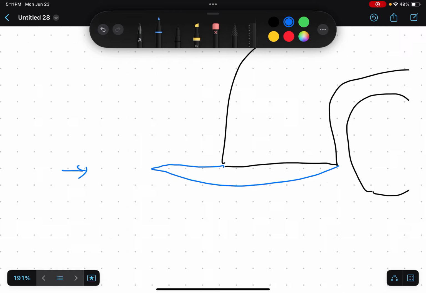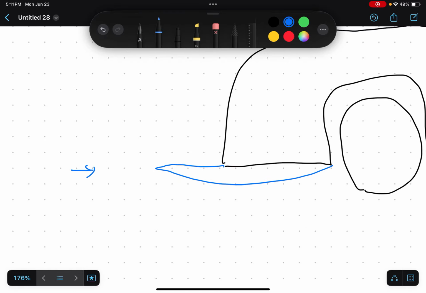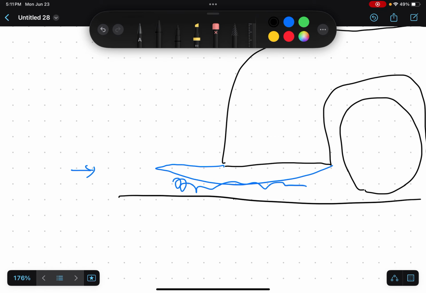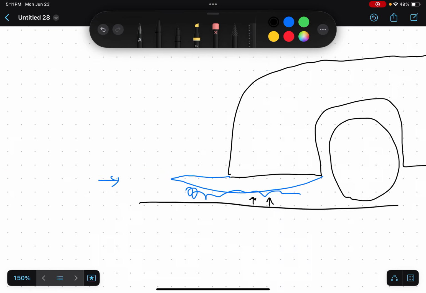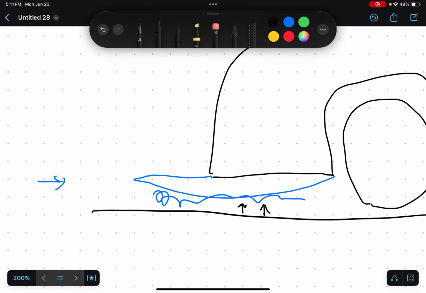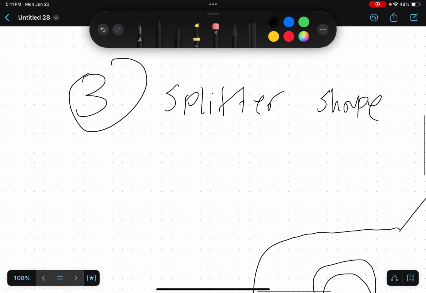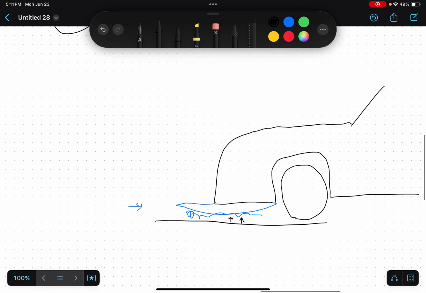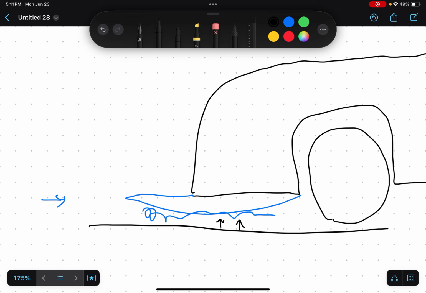So I'm just going to draw an airfoil. So that way it's producing downforce because it's going to create a low pressure down here that interacts with the ground and pulls the ground up relative to the airfoil because of that low pressure zone. So splitter shape, you don't want it to be a rectangle because that causes higher drag because of the skin friction. Instead, you want it to be like an airfoil or like a rounded shape because